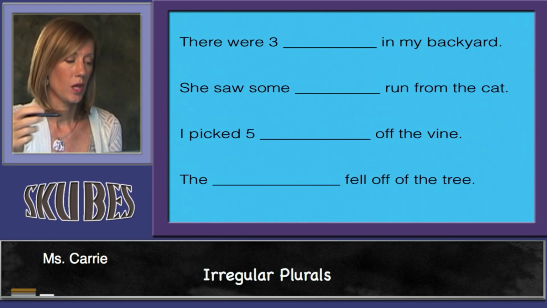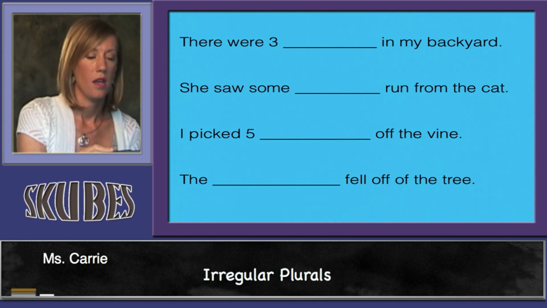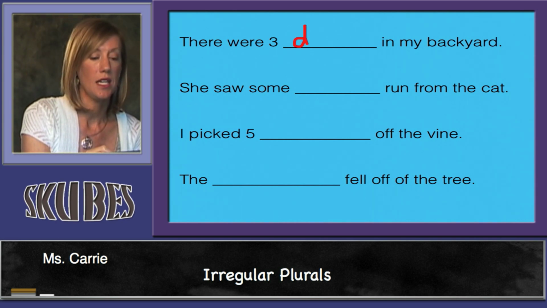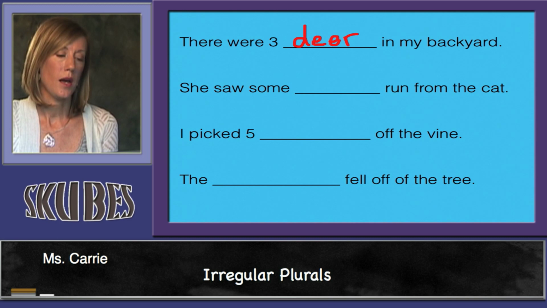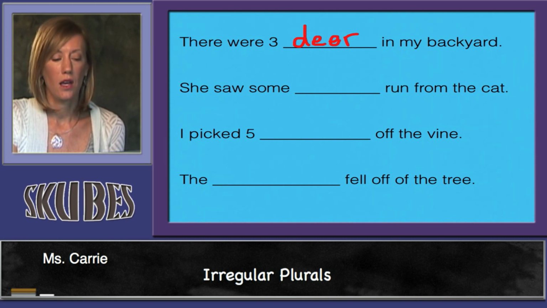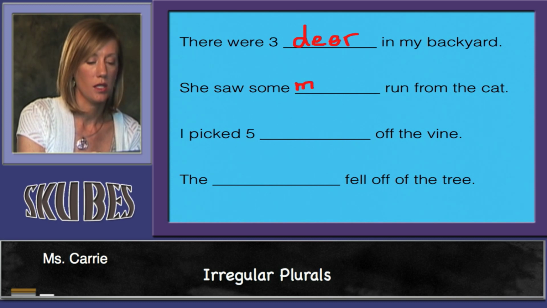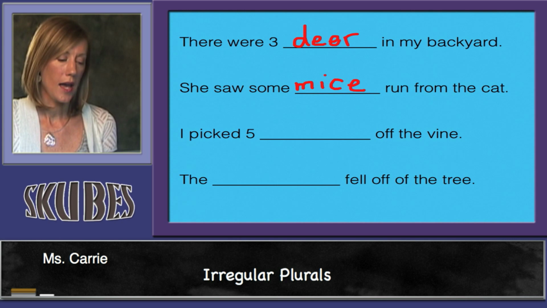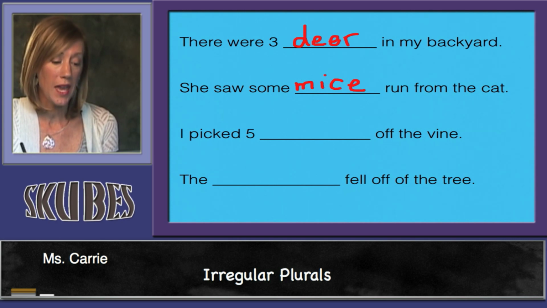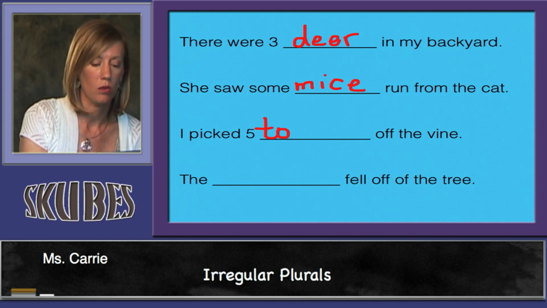Let's do some more. There were 3 blank in my backyard. If I saw 3 deer in my backyard, I wouldn't say deers, I would say deer. She saw some blank run from the cat. Well, mice would make sense there. She saw some mice run from the cat, not mouses. I picked 5 tomatoes off the vine. Now remember, tomatoes,